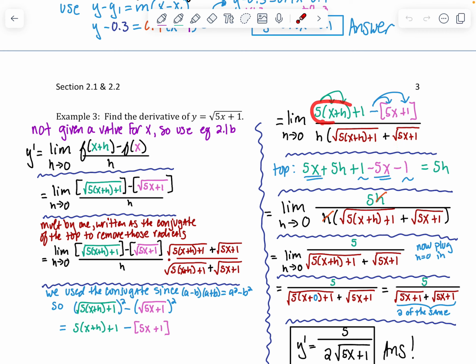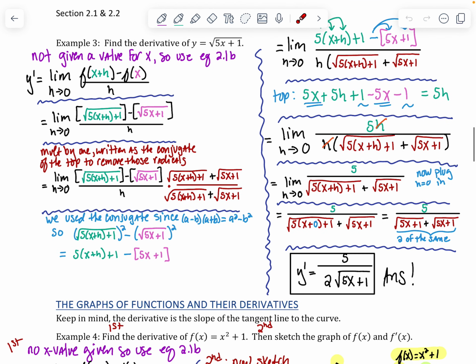I only distributed the 5 to the binomial, so I still have a positive 1 that is going to cancel with what is now a negative 1. They add to 0. So marking my like terms with similar symbols underneath, all that I'm left with in the numerator is the 5h. So the denominator is still this long, crazy piece, but when I only have the monomial of 5h in the numerator, I can cancel that h with the h in the denominator,